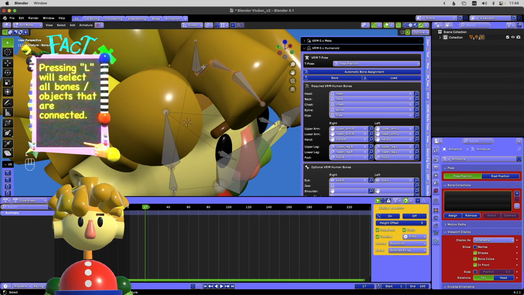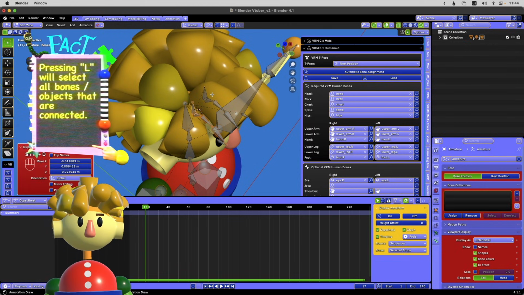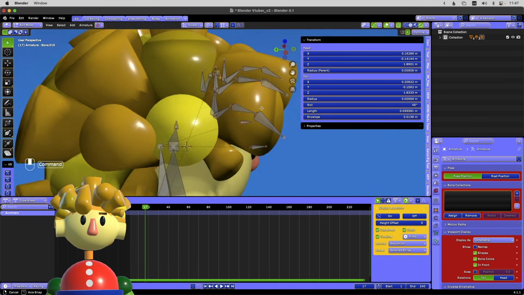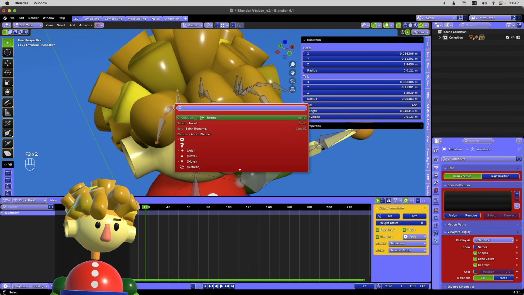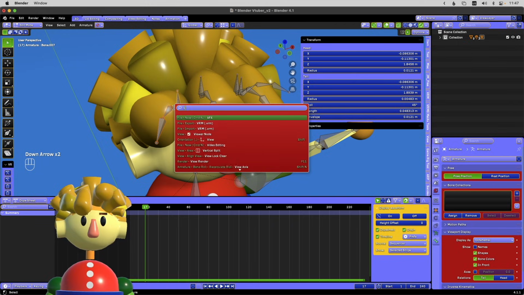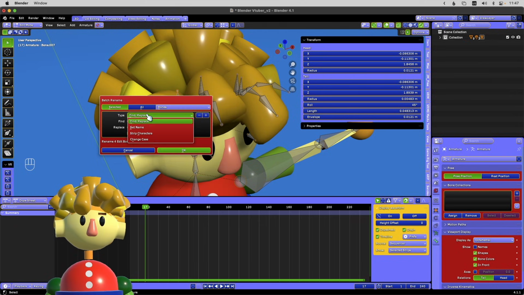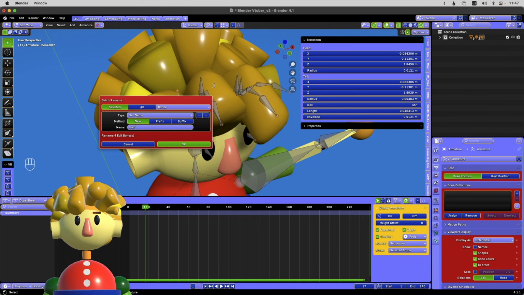Yeah, so if you press L, it'll select all the bones that are connected. So we'll do that, and then we'll duplicate this. Okay. And then what I usually do is name these. So if you select them and press F3, it'll show up the search bar. And then I do batch rename. You can just type in batch rename. And then we're going to go here and select the bones and put set name to new. And we're going to do hair